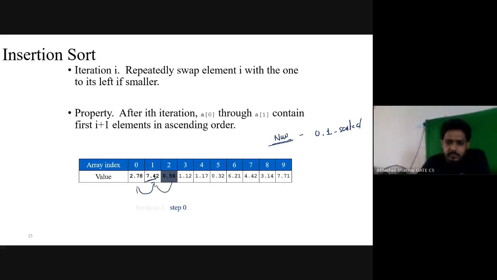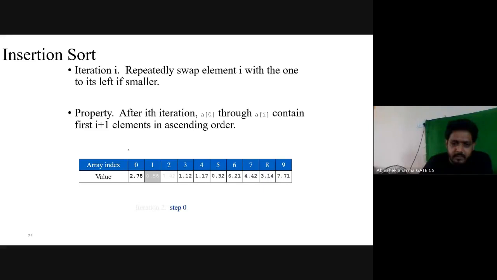Now 0.56, what is this compared with? It will be compared with 7.42, and they will be swapped. Repeating, 0.56 is compared with 7.42 and swapped. Swapping done.